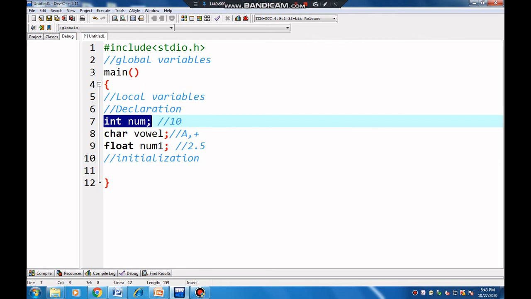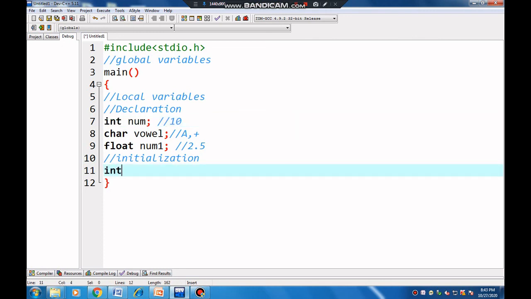When you pass the value at the time of declaration, that is initialization. So if I write here int num equal to 10, I am declaring the variable and passing the value at the same time. This is nothing but initialization.